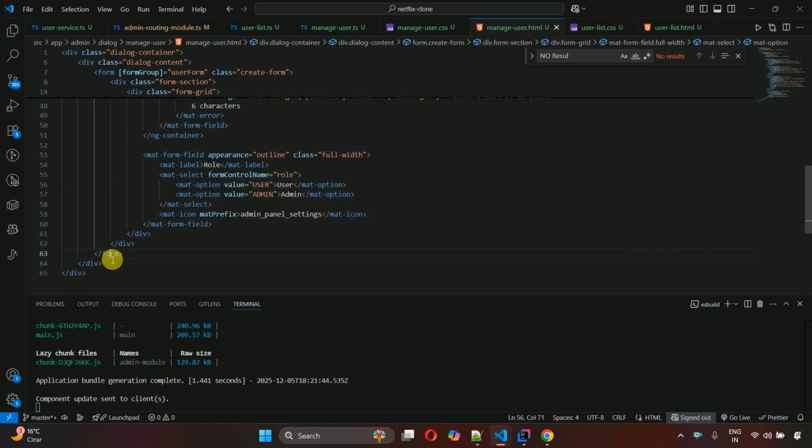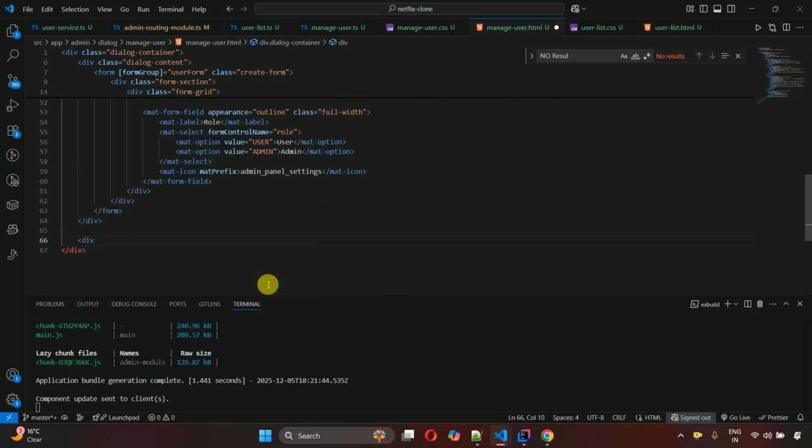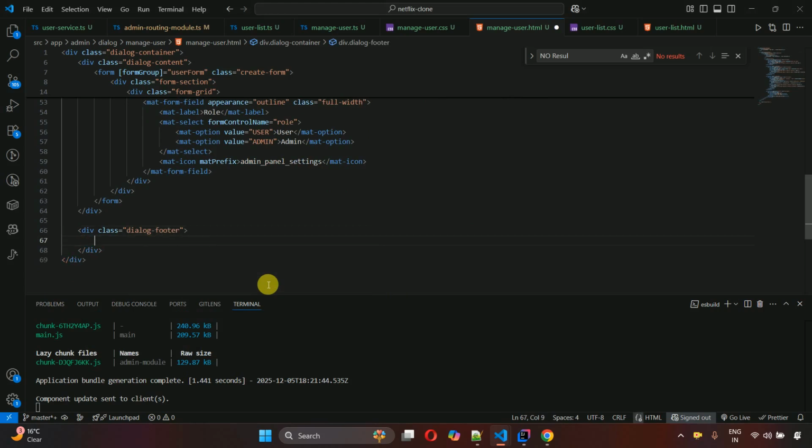So after this form we have one more div, so that div will be closed, dialog content. After that we have to write the logic related to the buttons we have to provide to the user. So div class dialog-footer, and then close this one, button